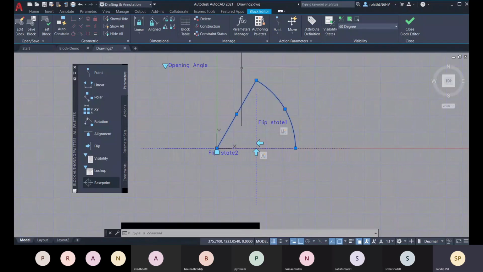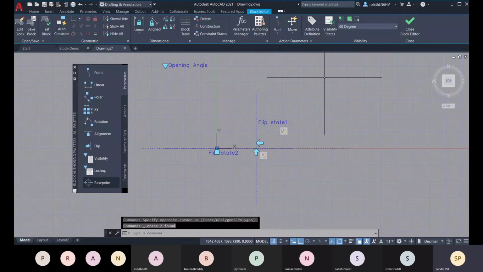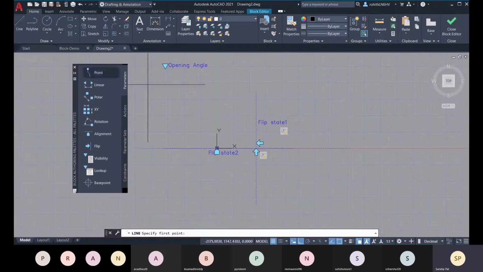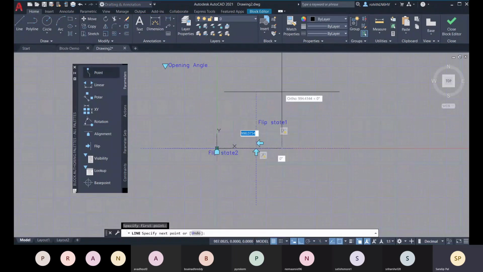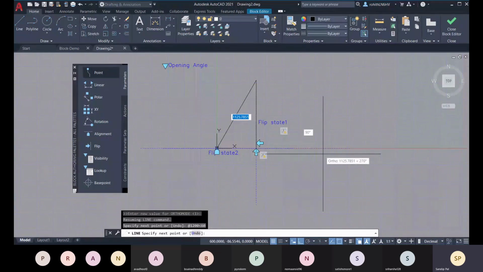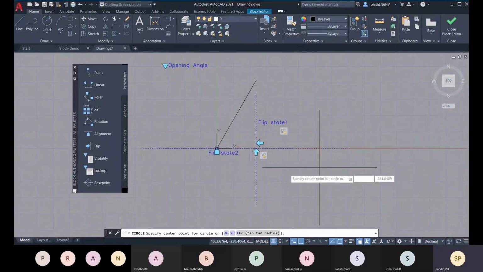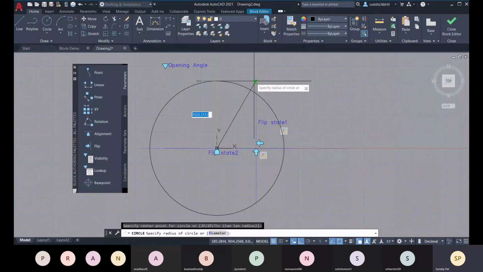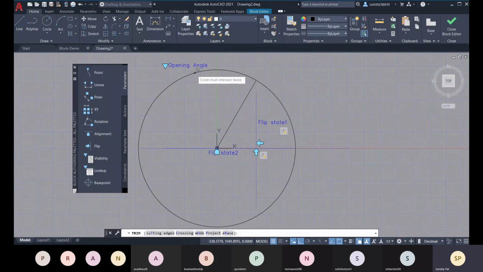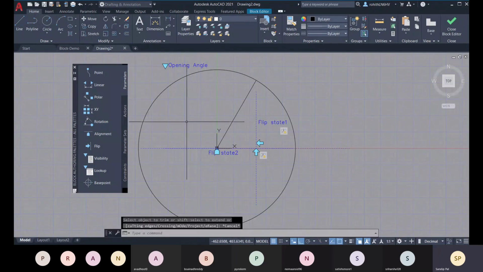So like that you can draw, or else what you can do is you can draw it. Okay, so at the rate 1200 less than 60 degree, enter. And then the circle, go for trim, TR, enter.